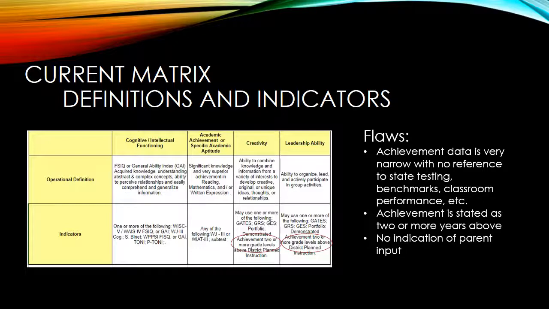And I think that the thing that was most prevalent to me as we were discussing this in the class was that there is no indication of parent input in this at all. As a matter of fact, what I see when we go into those meetings and the evaluation is presented to the parents, that's the first that they're really having any input or any knowledge of anything at all. And at that point, the decisions have already been made. So with that being said, I would like to update this matrix to bring it into alignment with what it needs to be.